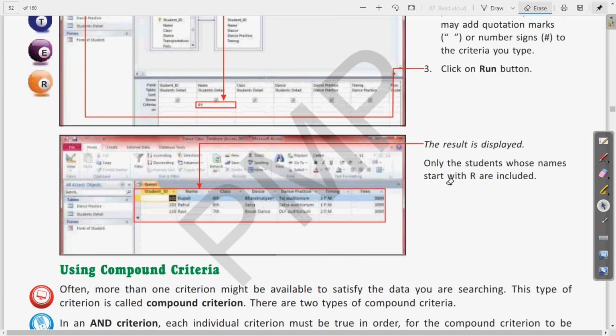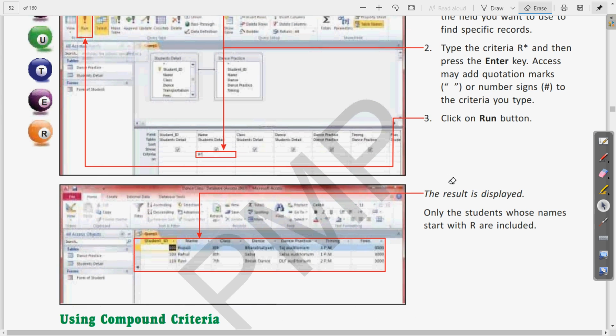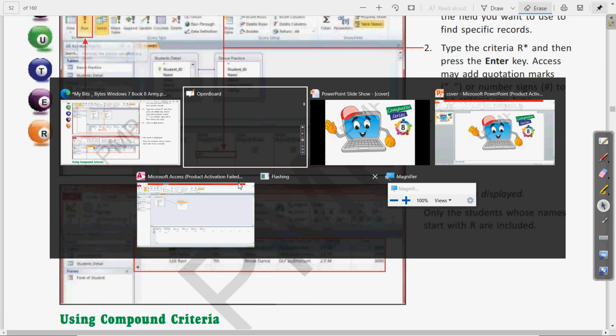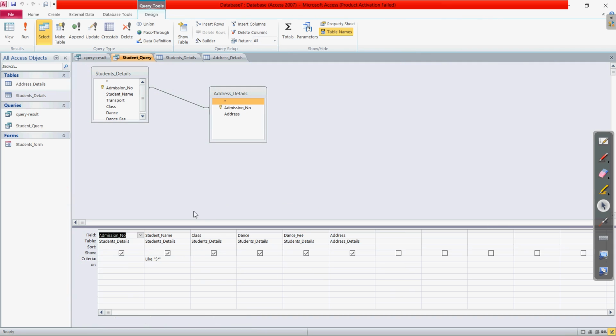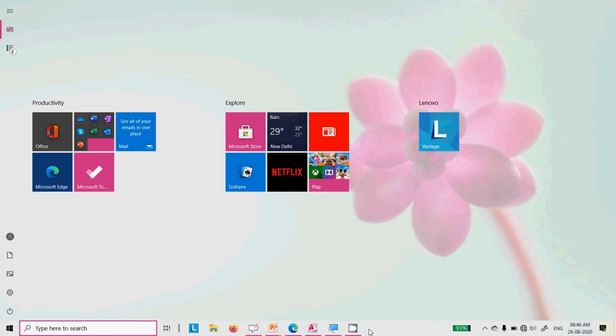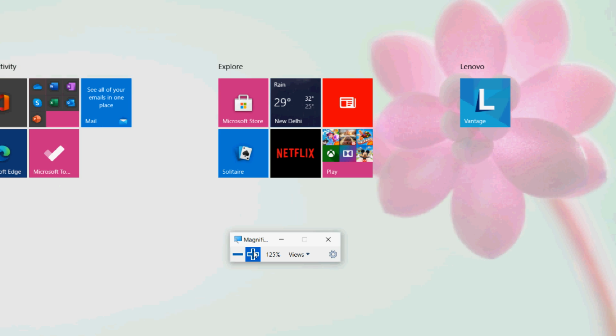Then let me show you also how we are using or writing any specific wildcard. So if I come to the software window, here we are with our query. Right now, as you can see, in the student name in the criteria field, let me zoom in, then it will be clearly visible to you.